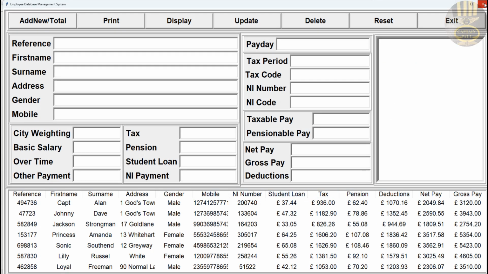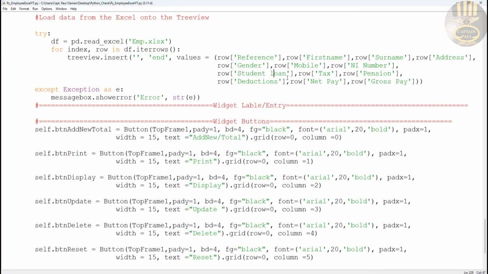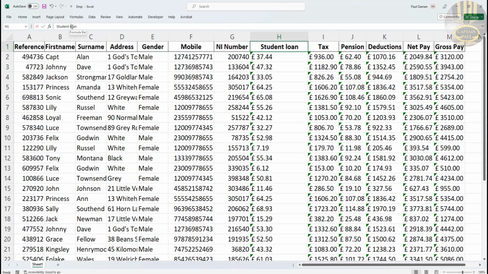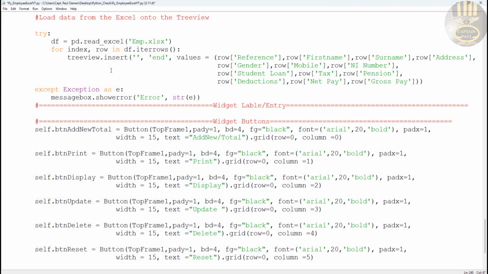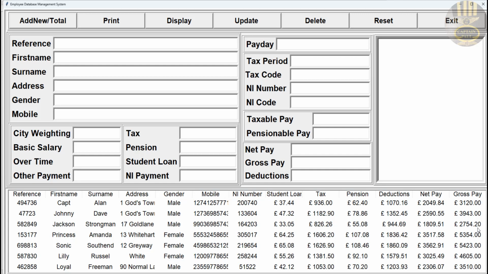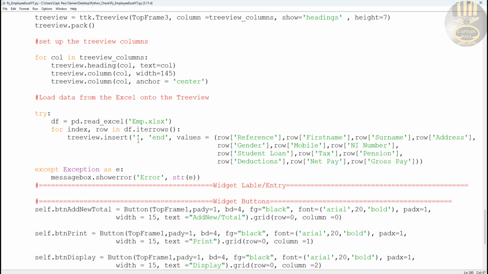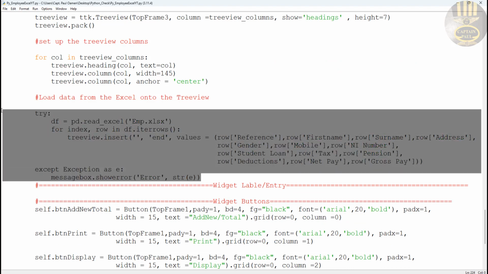But for the sake of consistency, I think I'm going to change that to uppercase. Let's come in here, change this to uppercase, and I'm going to go back into my spreadsheet and change this to uppercase as well. Yeah, I prefer it to be student loan uppercase. The choice is yours. You can do whatever you want anyway, but you now see what's going to happen because it's case sensitive. Look at it, it's working fine now. Okay, that's good. Now that that is taken care of, we've been able to call every single piece of data on the spreadsheet straight onto my